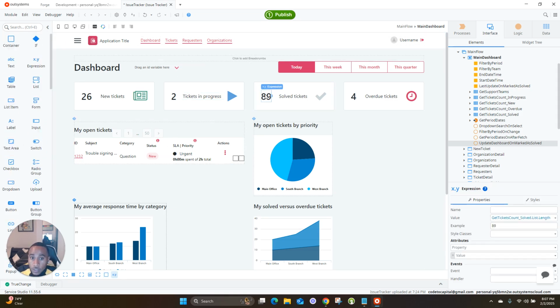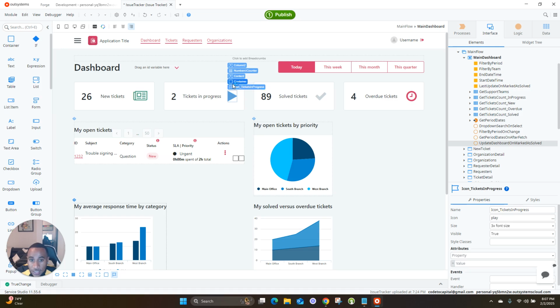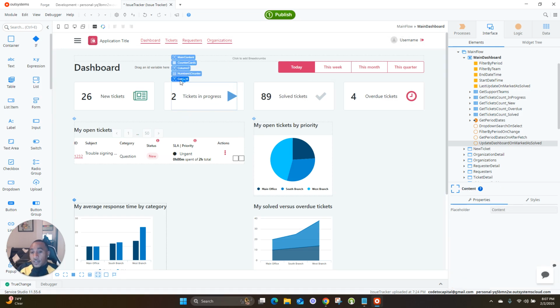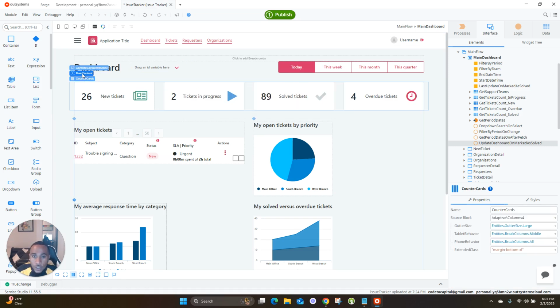And you can see a few of these tools here being used, such as expressions, text, container, an icon here, and there's a bunch of different other things here, as well as counter cards, and there's different UI